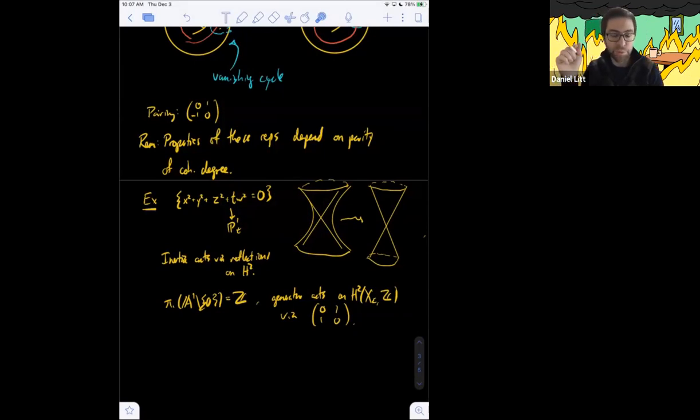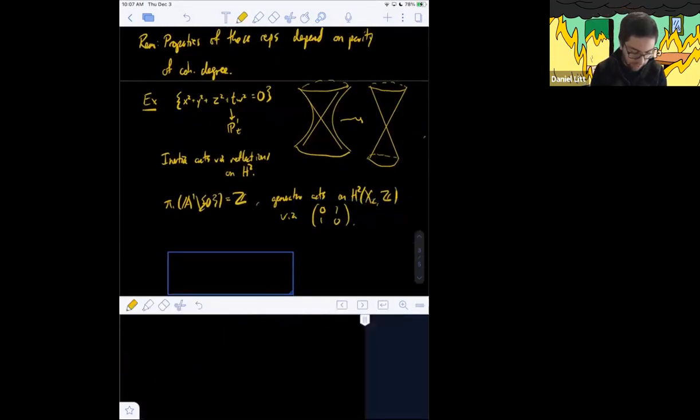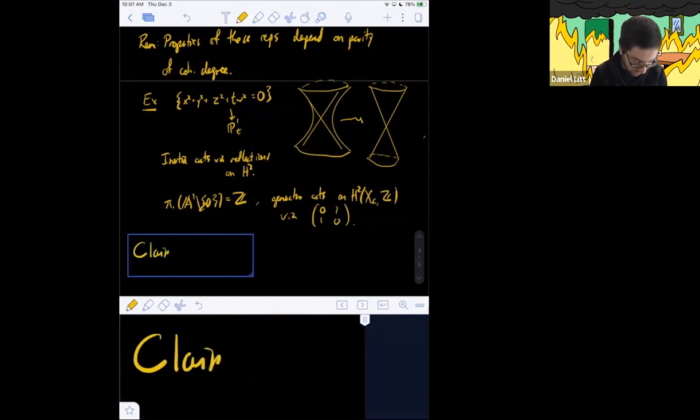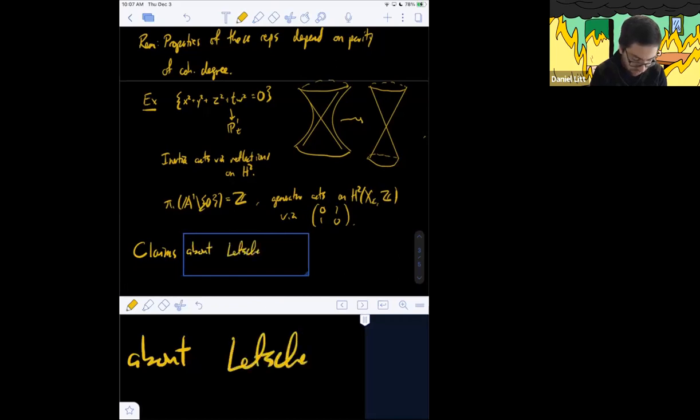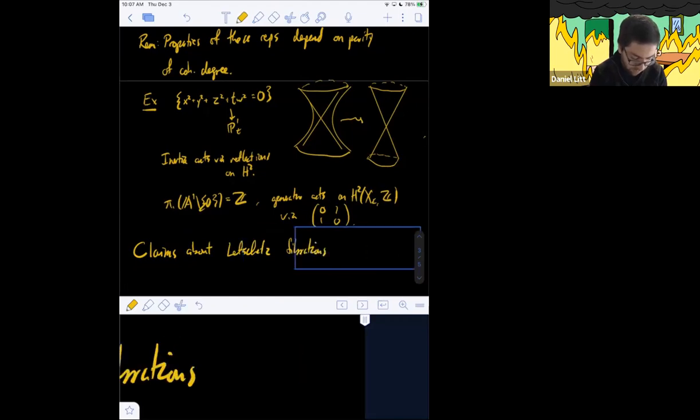So when Deligne proves the Riemann hypothesis, he uses some special properties of the symplectic group, and that's why we did all this rigmarole earlier on to reduce to the case of even dimensional varieties, namely Lefschetz fibrations with odd dimensional fibers, to get into that symplectic setting. Okay, so let me recall the situation, and then let's discuss these claims about Lefschetz fibrations with odd dimensional fibers.